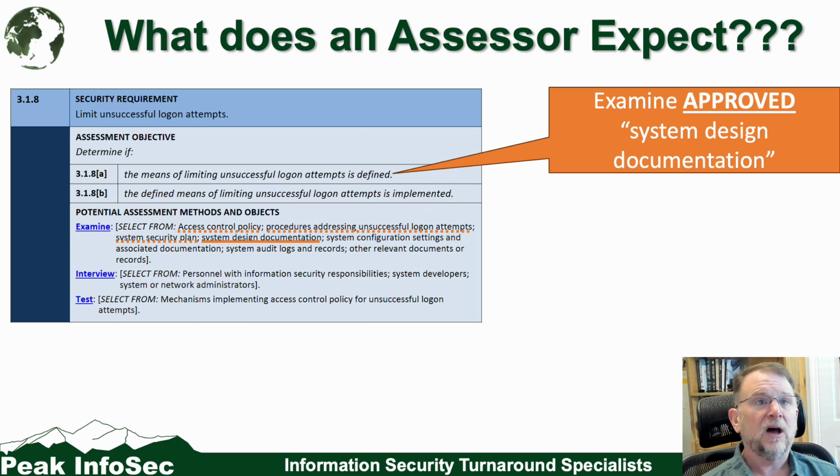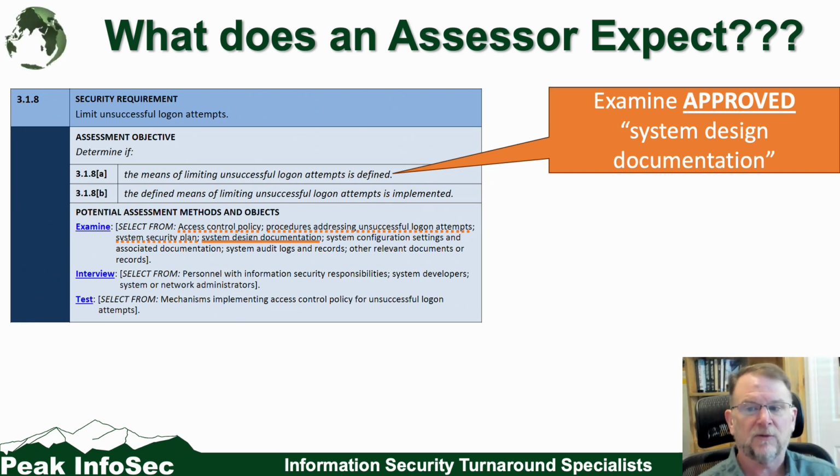We are going to examine approved system design documentation. So if you followed my other CMMC Churns around configuration and documentation management, we do not recommend putting these configuration settings in your policies and procedures, and even your system security plan. That tends to make your architecture very fragile, very prone to a lot of corrections and revisions, and it's a pain to maintain, just to be honest. We recommend having this in your system design documentation, and that could be anywhere, and we'll show you examples of that later on. So we are looking for approved documentation somewhere that says this.